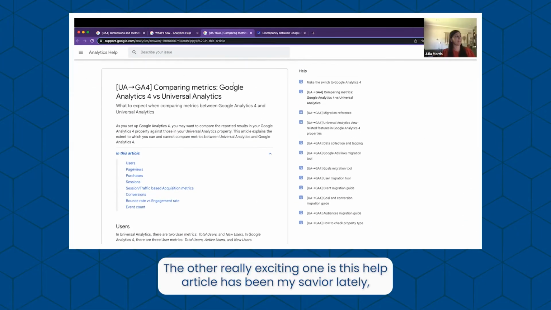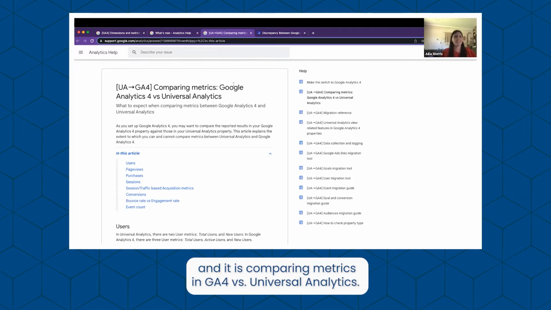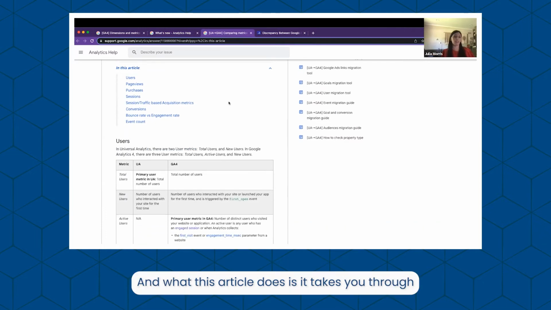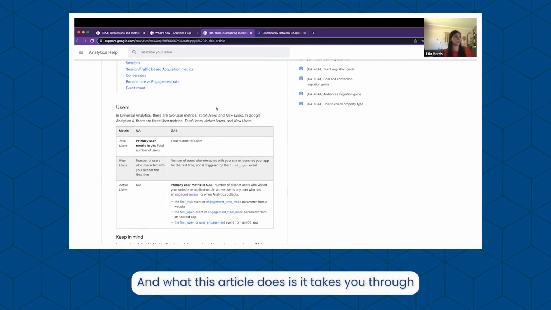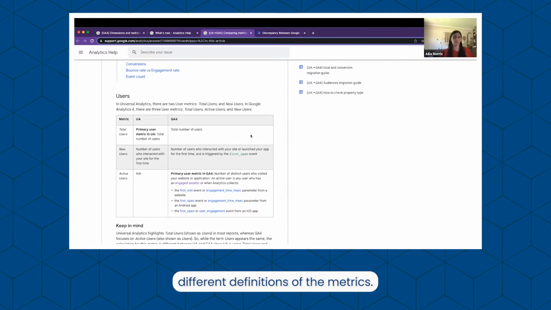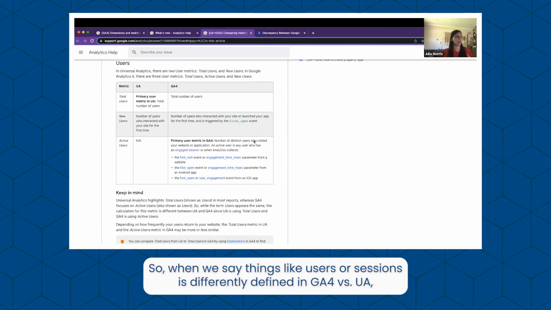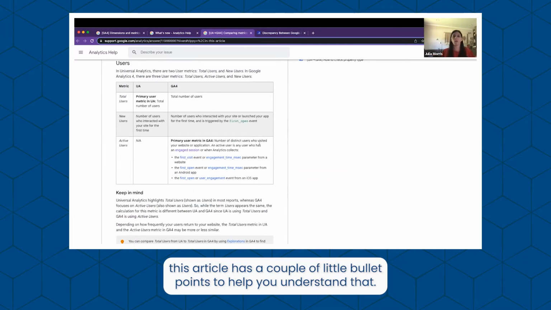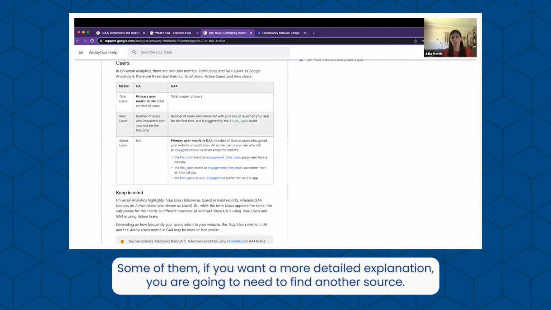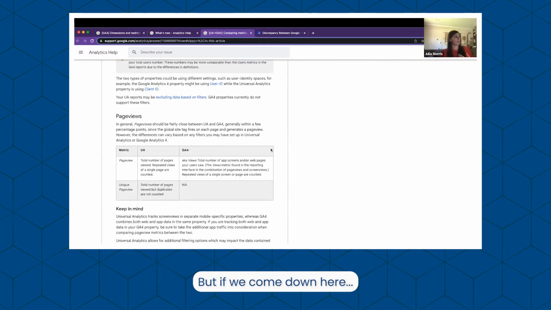The other really exciting one is this help article that has been my savior lately, and it is comparing metrics in GA4 versus Universal Analytics. What this article does is it takes you through different definitions of the metrics. So when we say things like users or sessions are differently defined in GA4 versus UA, this article has a couple of little bullet points to help you understand that. Some of them, if you want a more detailed explanation, you are going to need to find another source. But if we come down here,